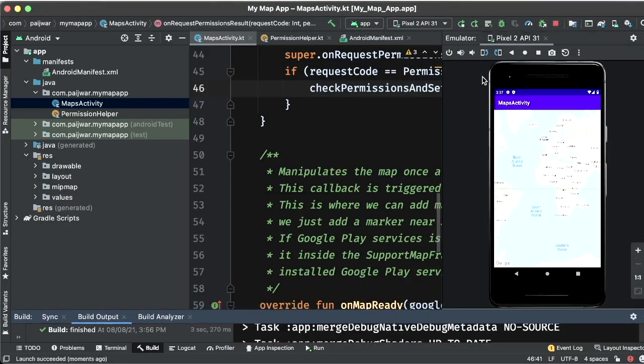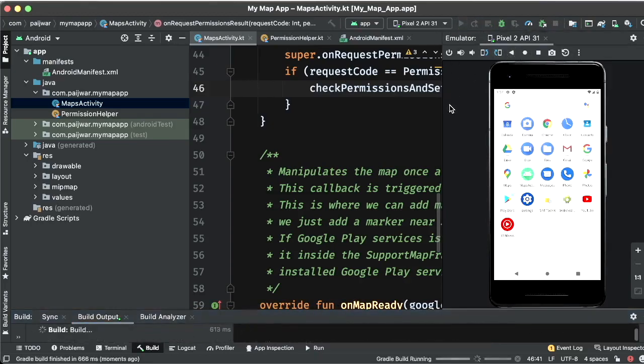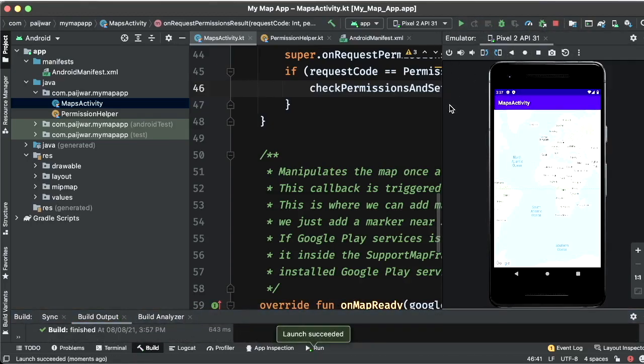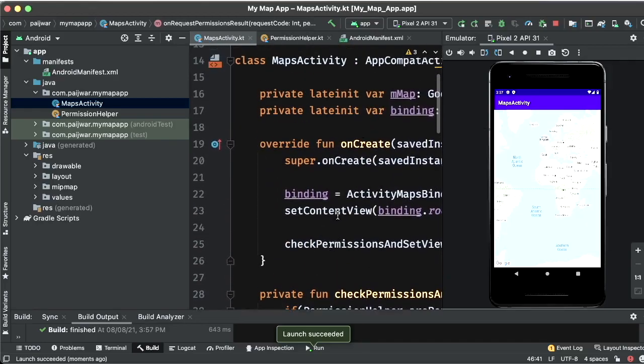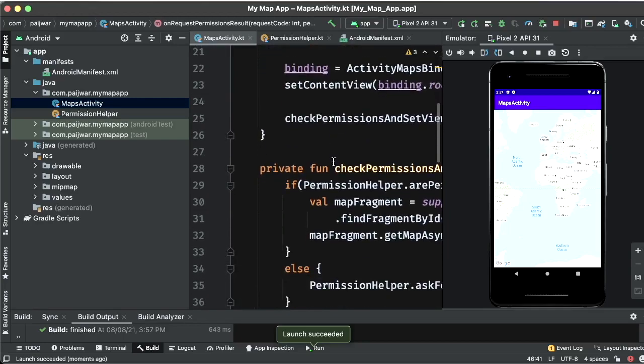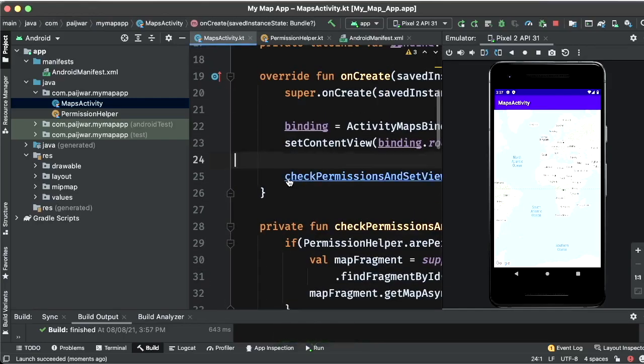Right, I will stop the application. I will run it again. It should ask for the permissions. It's not asking for the permission. Why? Because we'll come here.